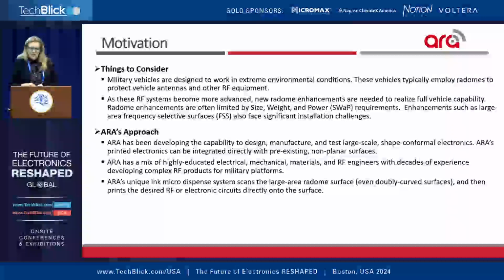We actually have the capability to embed it post-production. We can do it as part of a production process to be able to do that. We can also do other electronic elements, and we'll talk a little bit about that. So we've been developing that capability